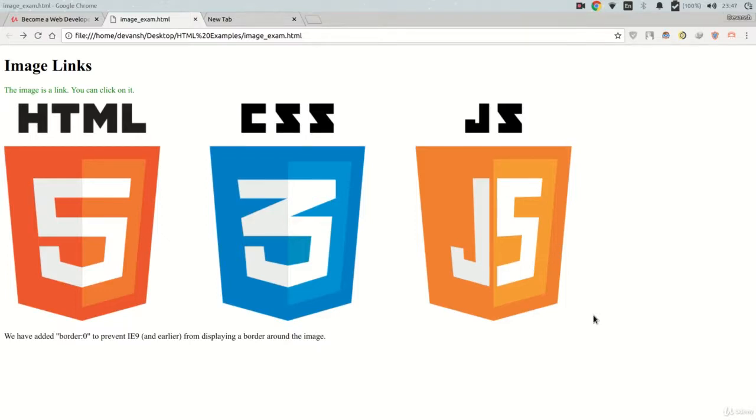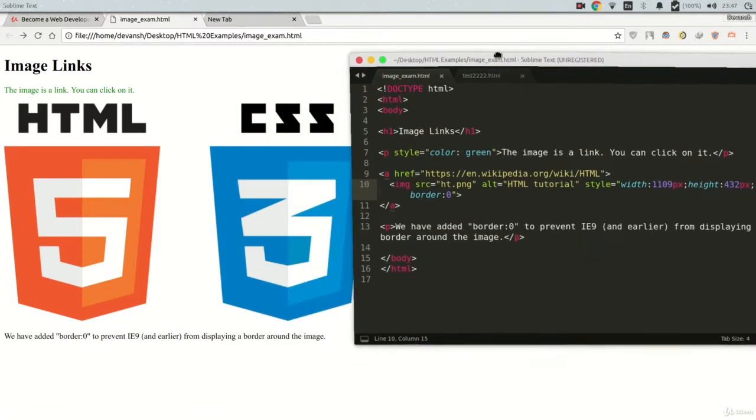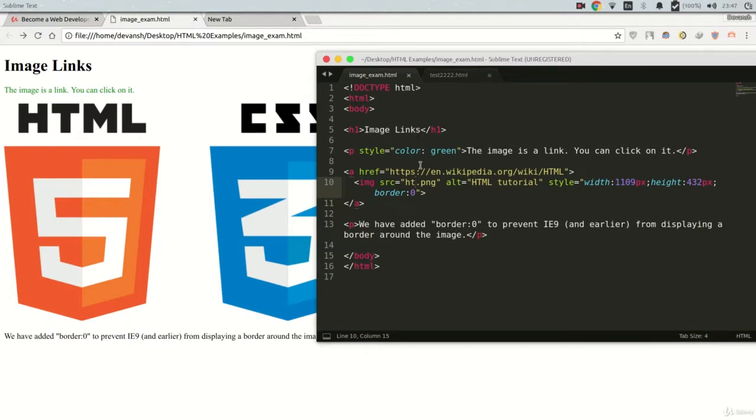Hey, welcome back everyone. So we have seen the previous example. The example was this one. So we have seen that we are putting our style on a paragraph tag, then we are using the style attribute in a paragraph tag, then we are anchoring a link on our image, not on the text. So here is the image source, and we are anchoring a reference to the image. Okay, so here's the anchor tag, and we are sending the user to